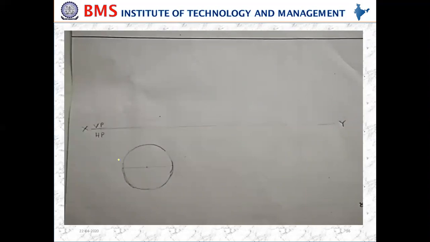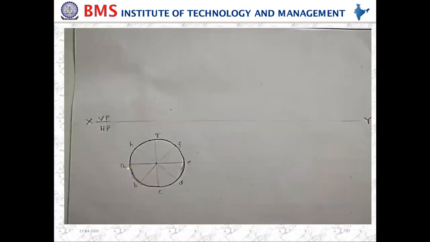Here he has mentioned that the diameter is inclined to both the planes, that is 30 degrees to VP and 45 degrees to HP. As the lamina is kept parallel to HP, first the lamina inclination is to be drawn to the HP only. The diameter which has been taken is AE. This diameter is taken for consideration. So finish the top view by locating all these points: A, B, C, D, E, F, G, H. This is the AE diameter I have taken, because this AE lies in the lamina only.